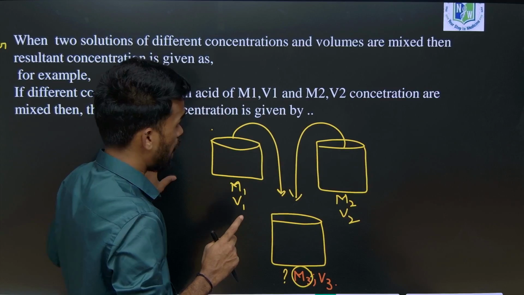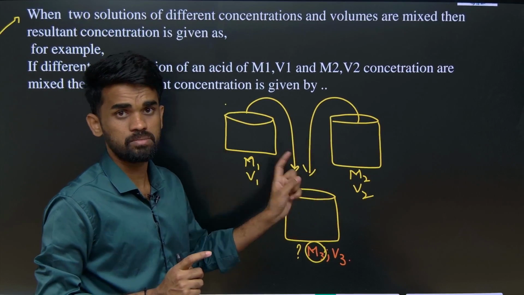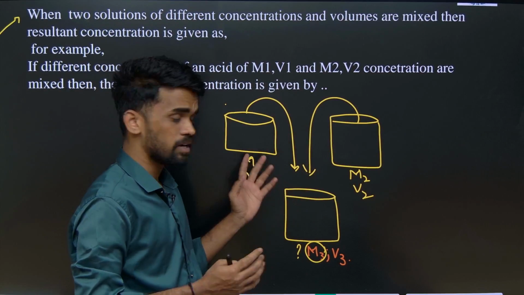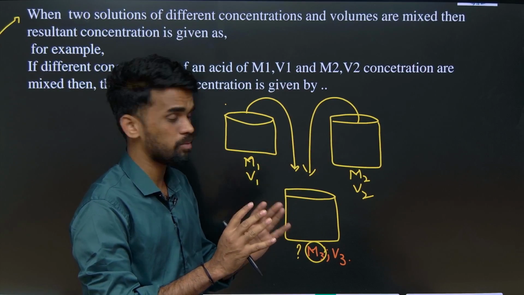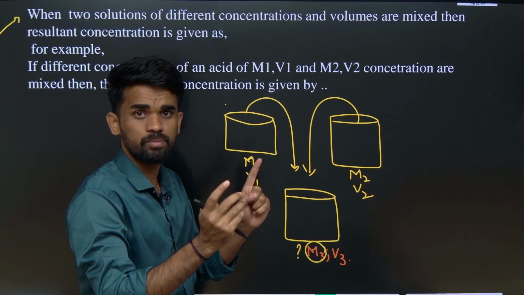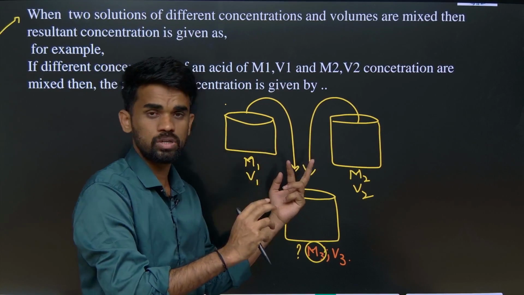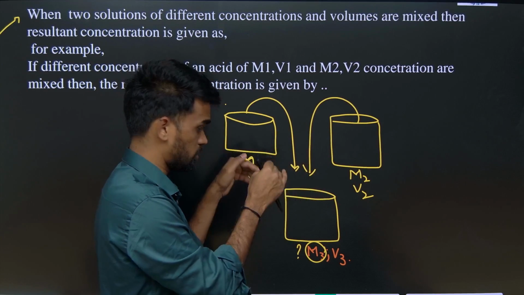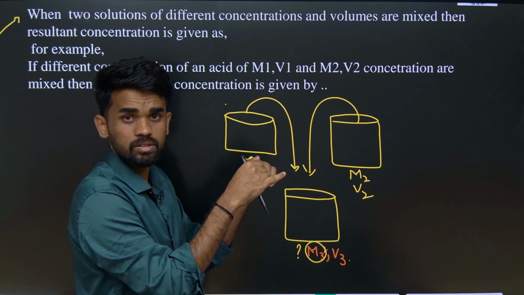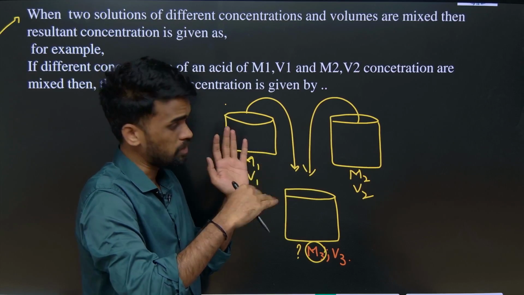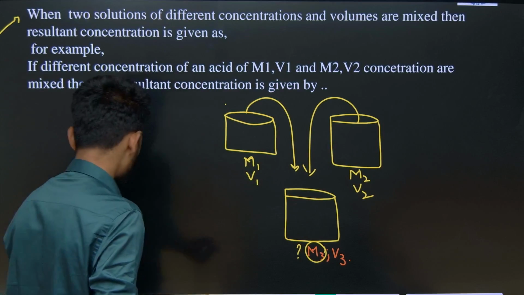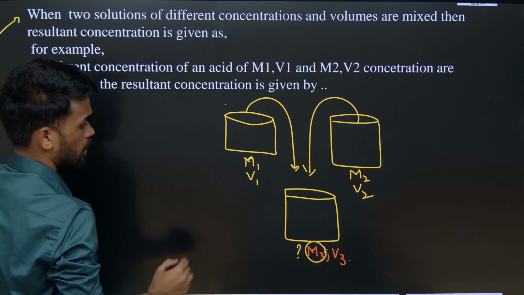Okay, so I am saying these are of the same nature. I am saying both are acids, or both are bases, something like that I am considering. I am not taking one acid and one base, taking both as acids only. Let us first understand the thing when we mix two solutions of the same kind, then we will go to the other one. Here let us find this.